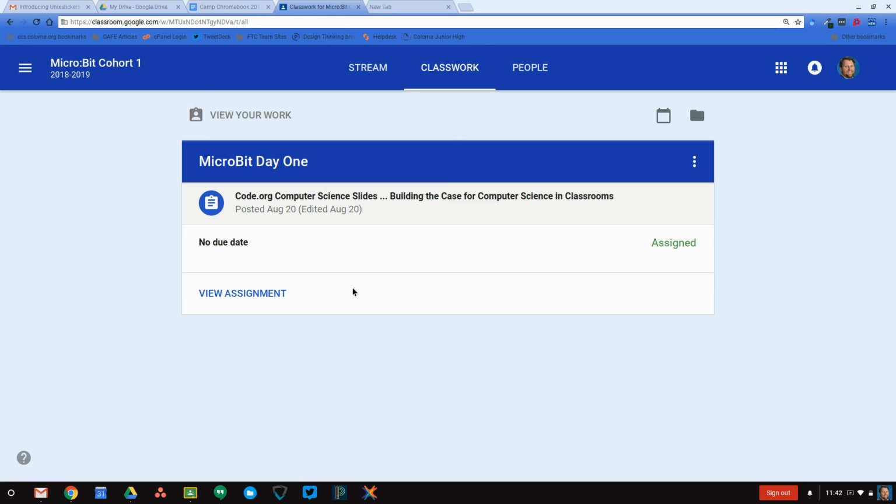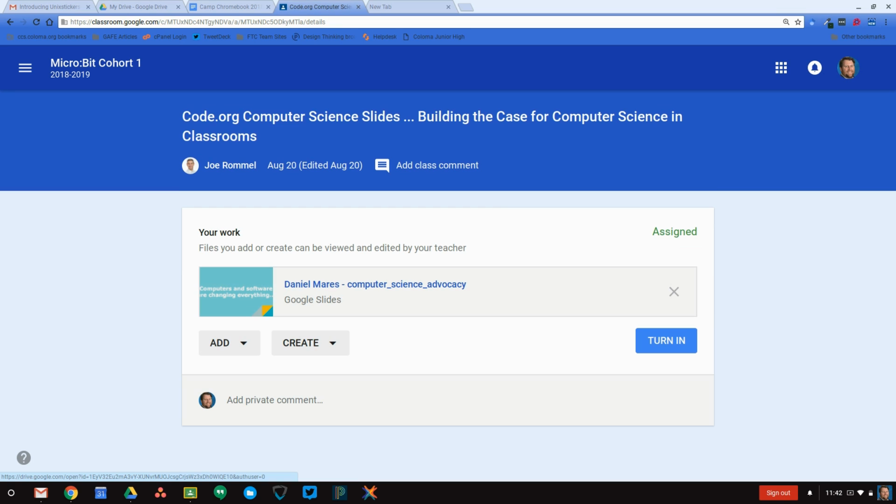It's pretty simple. I open it up. I can click on view assignment. From here, I can see, hey, look, it says that this is my copy of computer science advocacy. So what I need to do now is figure out, okay, well, what am I doing with this? Now, there's a couple different options. So hypothetically, let's say that this assignment is to create some sort of product that relays information about computer science